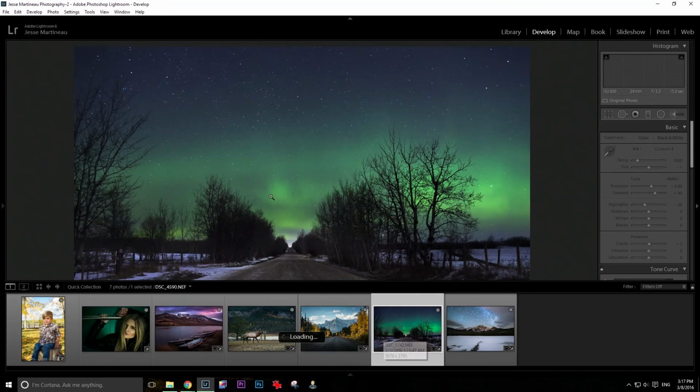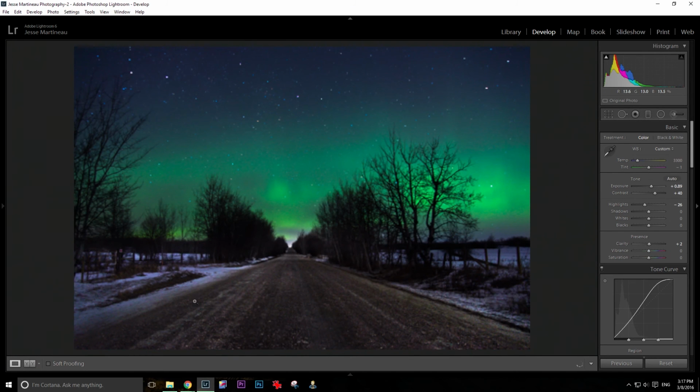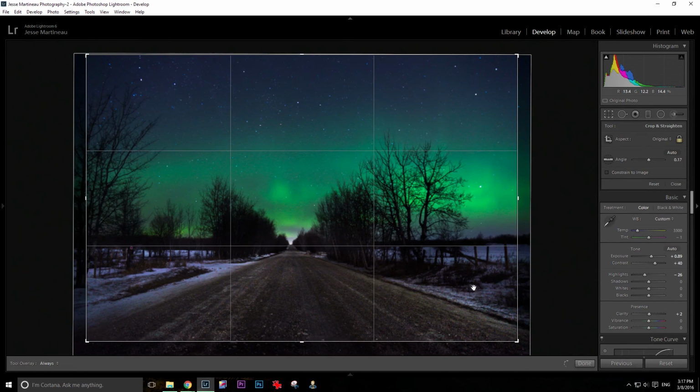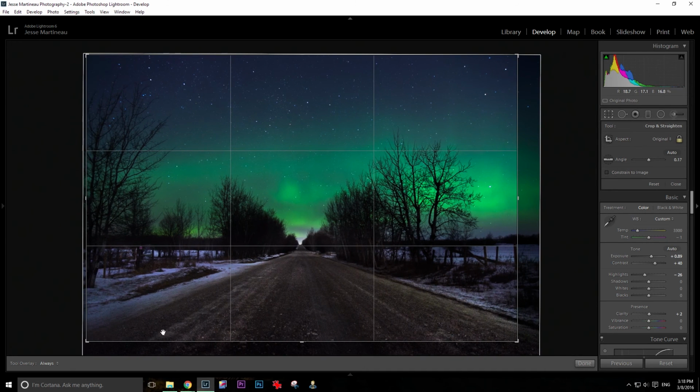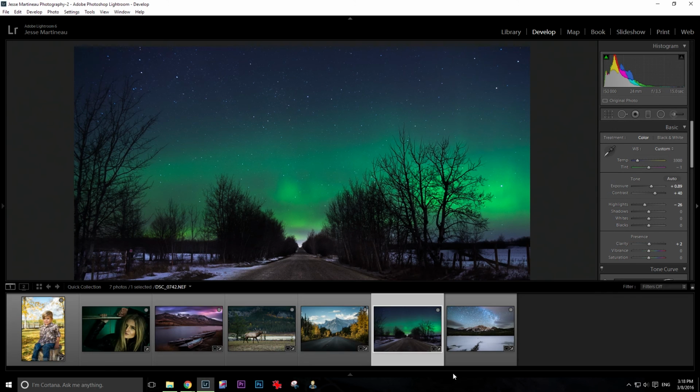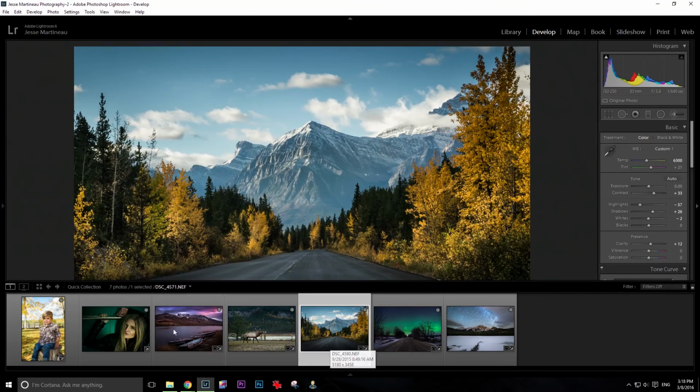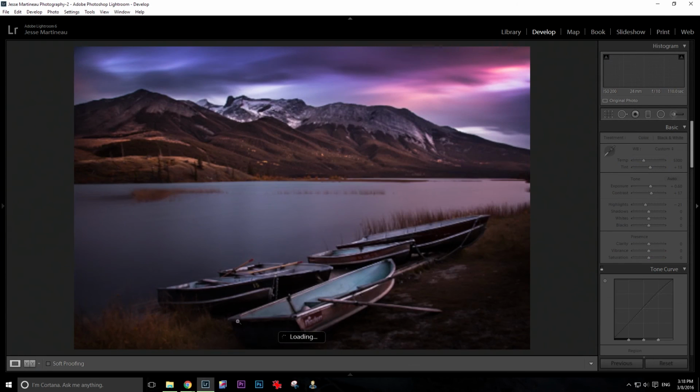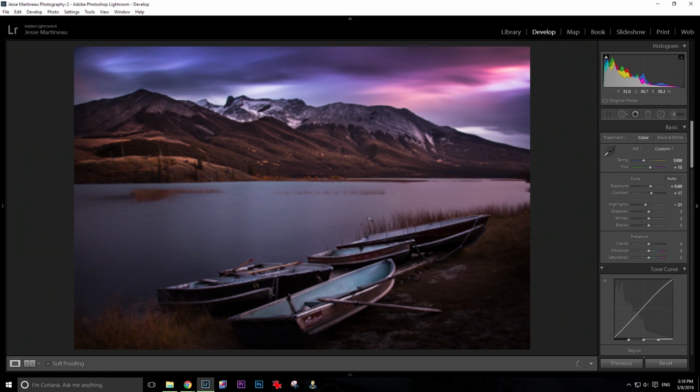Finally, what I want to talk about, something that last image had too, is something called leading lines. What you want is to work with your rule of thirds, work with your straight horizon. You want lines leading into your image. And that's what a road really can give you. So you're automatically drawn in when you look at this right into the center, and then your eye is going to start to explore there. Same with this guy here. This one actually has certain lines leading into it as well. It kind of shoots you off a little bit, but